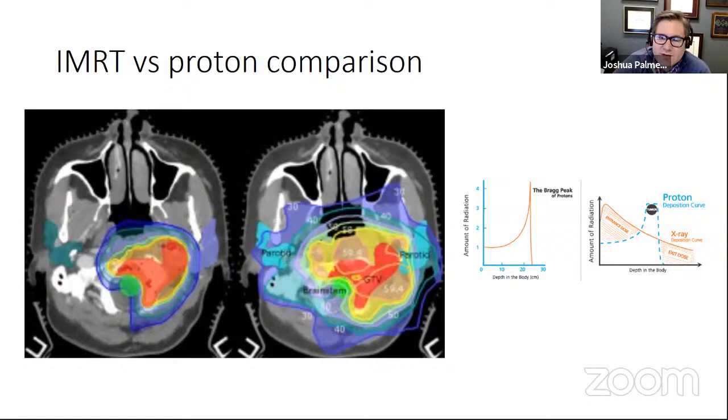And just as a brief tutorial, pictured here on the right, the physical difference between proton therapy and photon therapy is that protons, based on their energy, stop in the body, allowing us to treat the tumor, but things distant to the tumor don't get treated. As opposed to an X-ray or photon-based IMRT approach, which tries to put the focal point in the tumor but spreads out both before and after the tumor, the entrance and exit dose. This orange here and here is what contributes to the low dose spray that you see